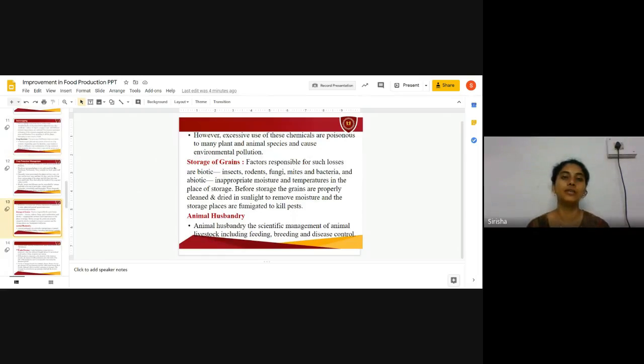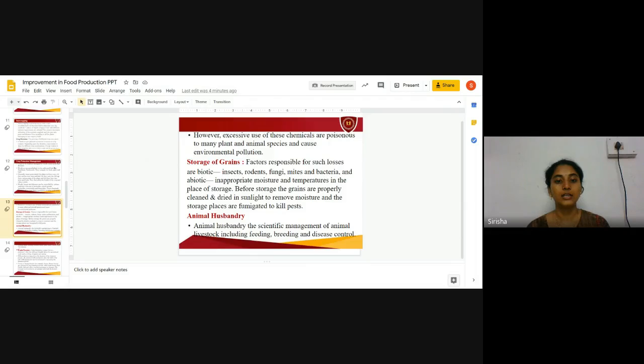Storage. After harvesting of the crops, storage of the grains is very essential. There are many enemies, biotic as well as abiotic factors. Biotic factors include insects, rodents like rats, fungi, mites, and bacteria. And abiotic factors include moisture as well as temperature. That is why while storing the grains, you have to be very careful and dry them in the sunlight to prevent moisture as well as